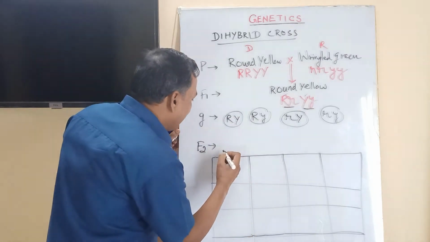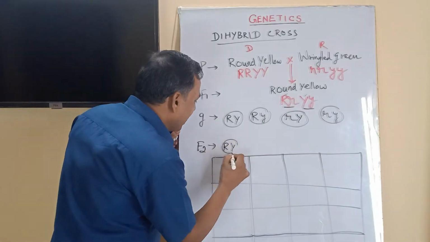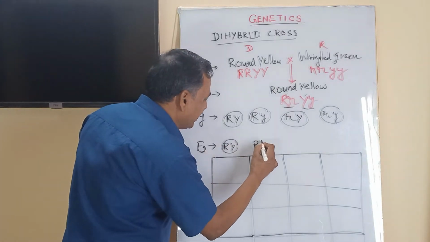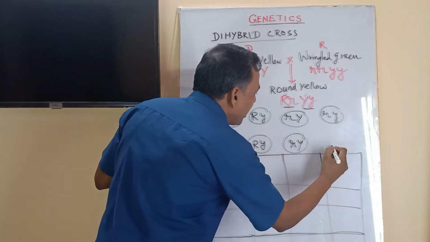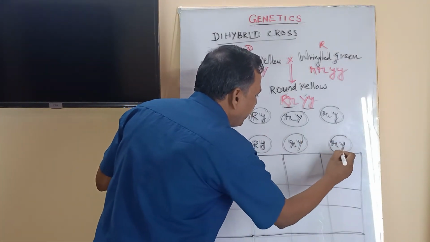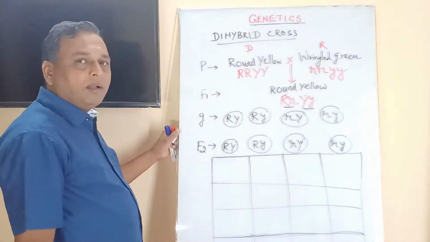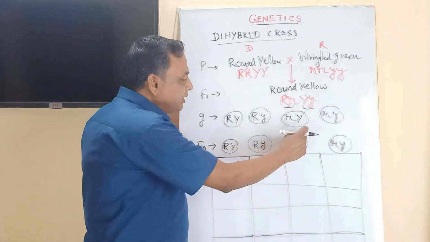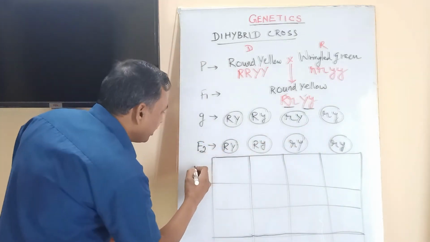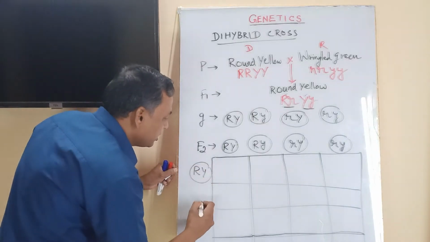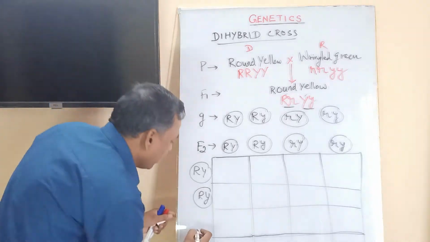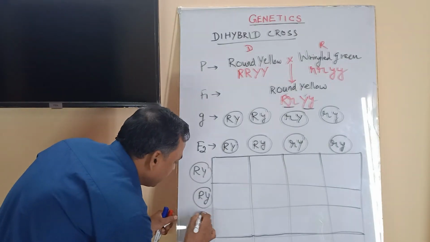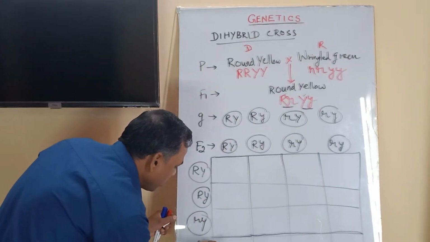So you will be adding similar to the F2 crossing, and there should be a clear-cut difference between the gamete and the non-gamete, which means we have to put an end circle. Similar gametes you will write on this side also. The same way you will write all the gametes: and small r, capital Y, small r, small y.